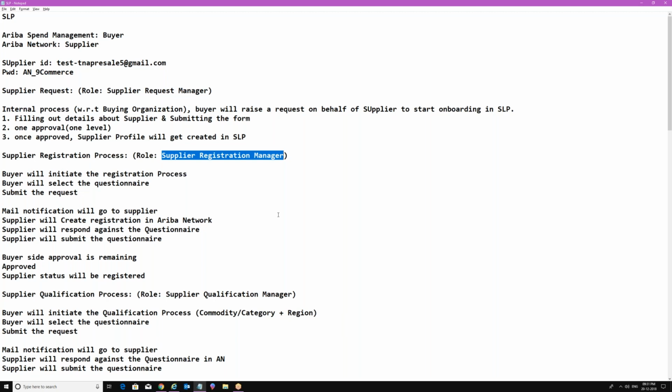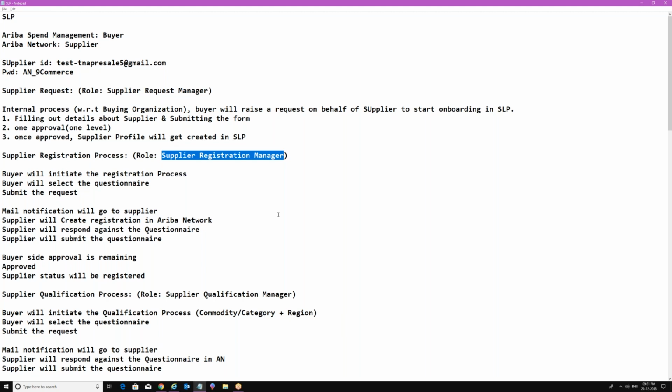The user ID which exists in development sometimes does not exist in production, so all your configuration will fail. But this rule is not a custom rule, it is a standard rule, so it will be available by default. That is why we give a role as the approver over here.